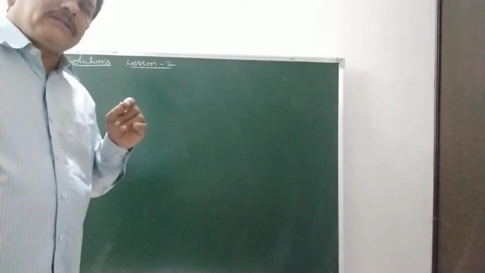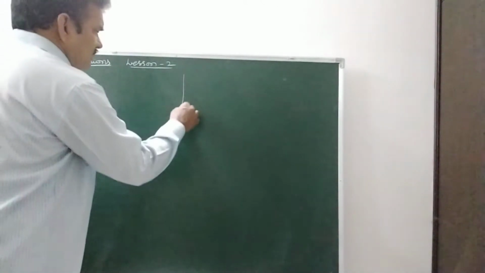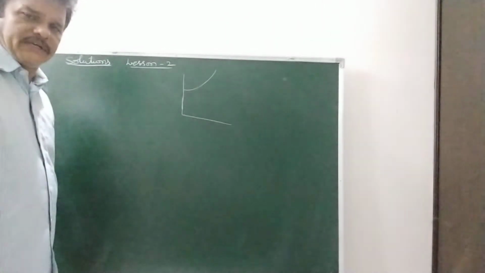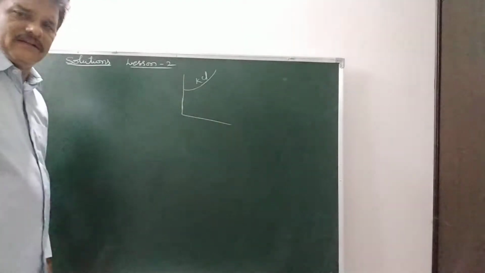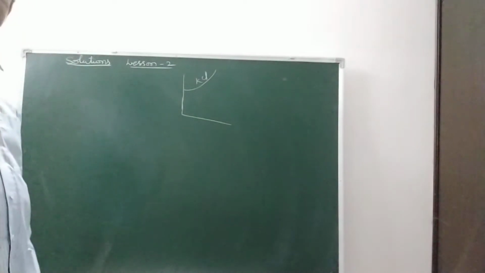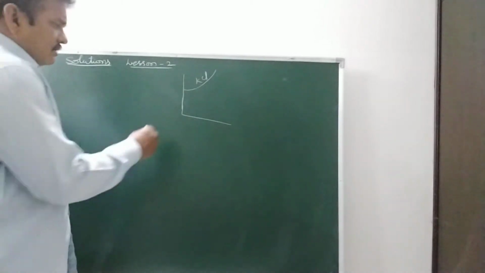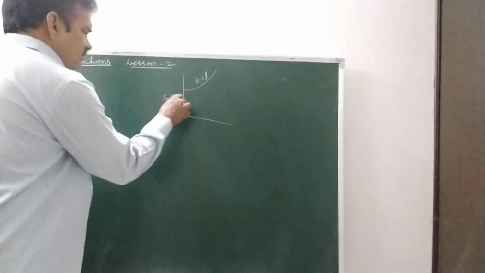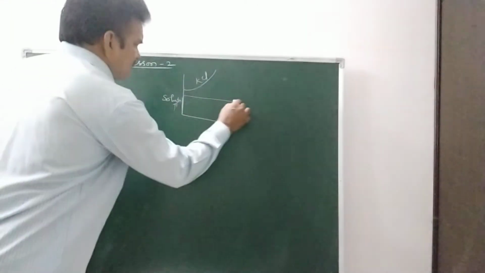Next, the solubility also depends on the temperature. For some substances, solubility increases with the temperature. For example, take KCl, AgCl, etc. For some substances, the solubility has no effect from temperature. For example, NaCl.